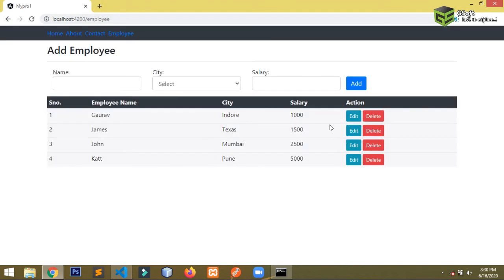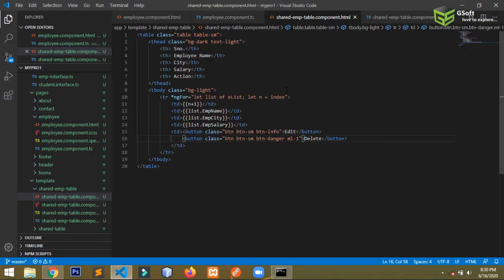So now what I want is, whenever I click on the edit button, the data should appear here and I can edit this. Okay, and instead of the add button, it should show update. So for that, whenever I click on the edit button, we will call a function here. So you have the click event equals to the name of the function, askEdit, and inside it I want to send the whole list array. Okay guys,